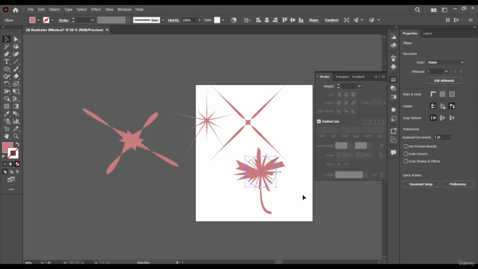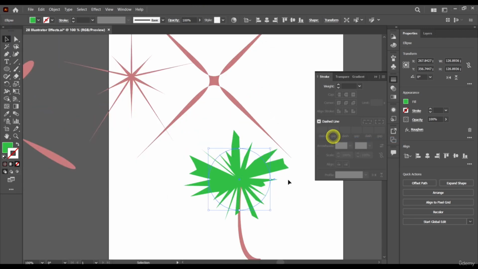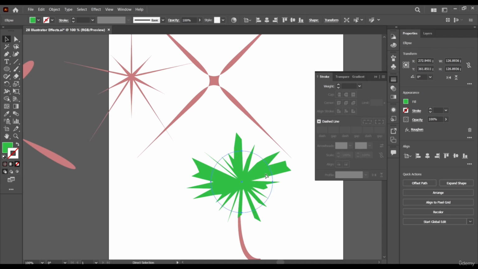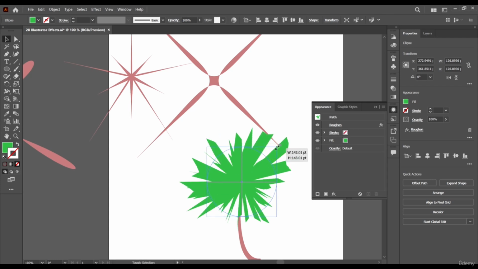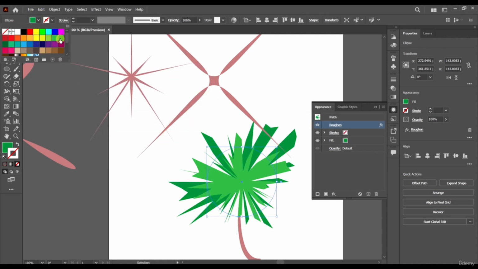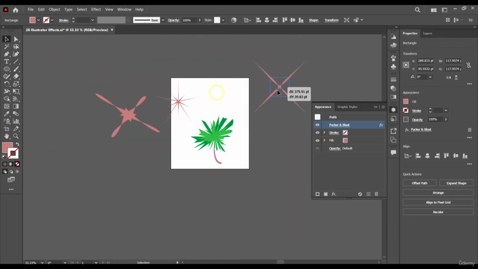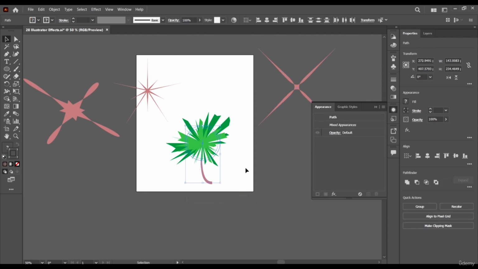So we've used this to create a tree. Change the color. Maybe even bring it to the front. Maybe even duplicate, Ctrl C, Ctrl F. Come to Appearance. Maybe increase the size, and then send it to the back. Arrange, Send to Back. And then probably do more adjustments like this, and work more on the color, change the color to a darker one. And yeah, the sky is your limit, or your imagination is your limit.